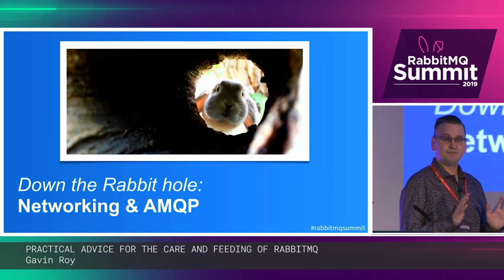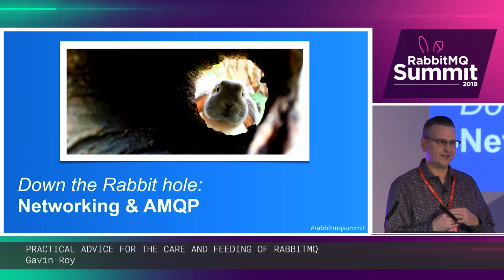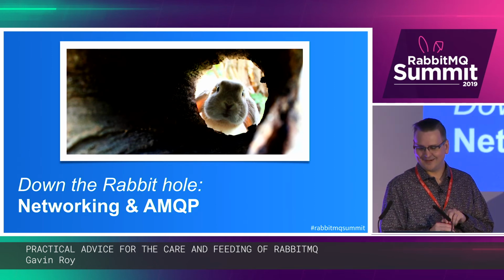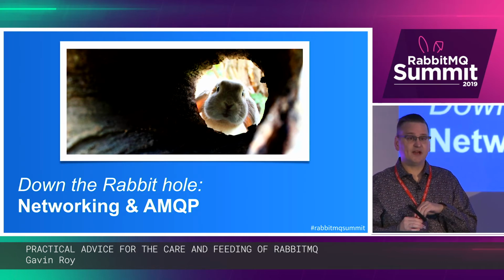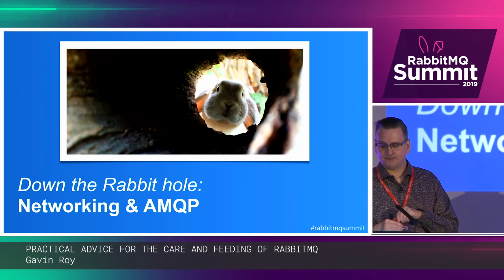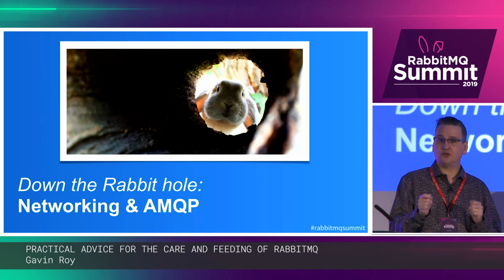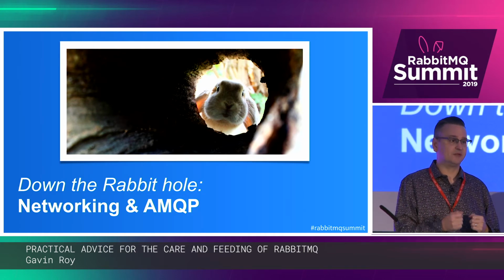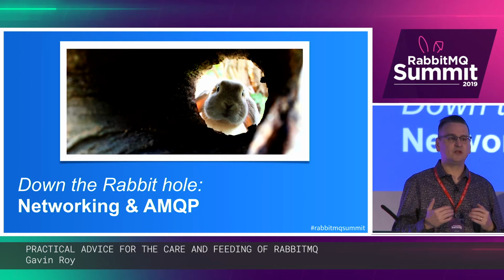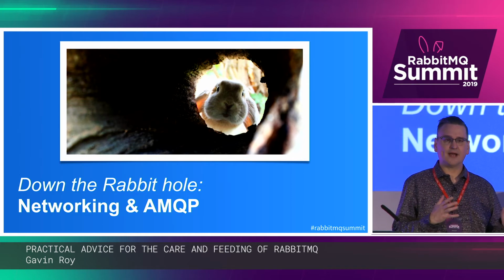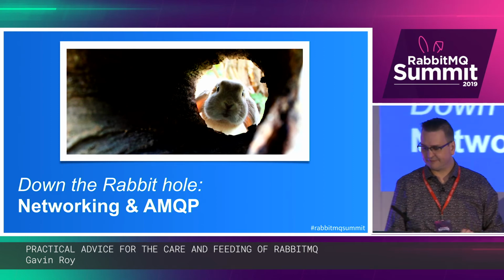So I want to take you down another rabbit hole here and talk about networking. This is probably not the thing that you were expecting to come in and talk about at a Rabbit talk. But I feel like having a holistic understanding of your application stack, your operational environment, and the various levers that you can move to affect performance and throughput in your application is really important, even if they're areas that you yourself don't necessarily interact with on a regular basis or even at all, because there's that ops group over there that deals with this kind of stuff.